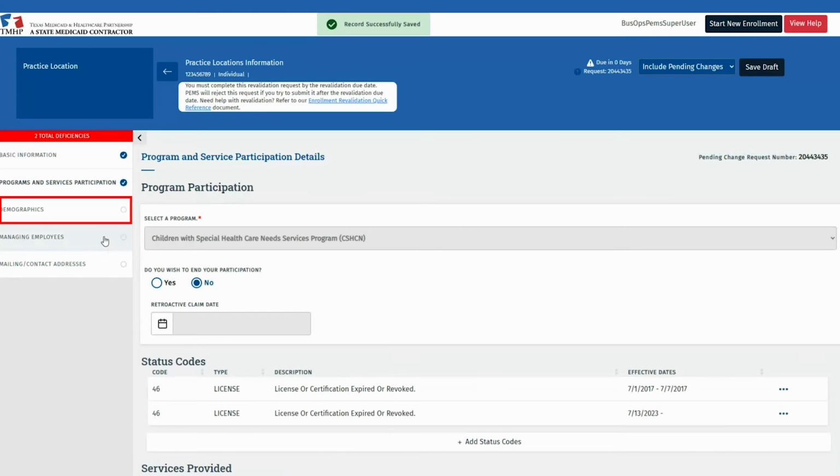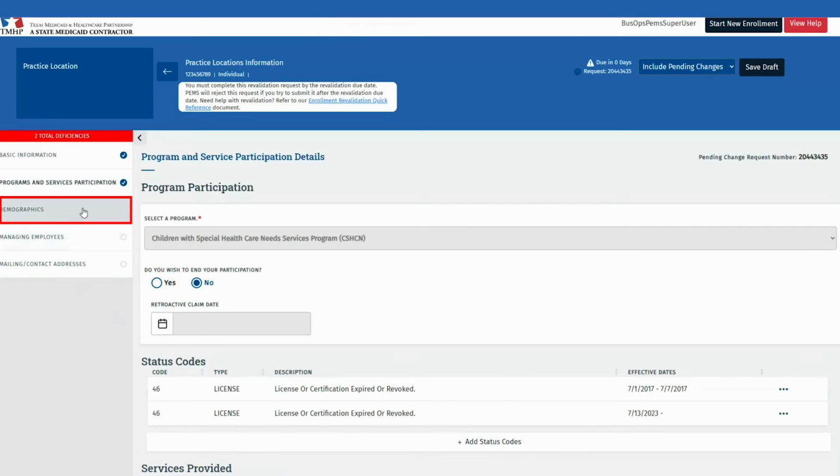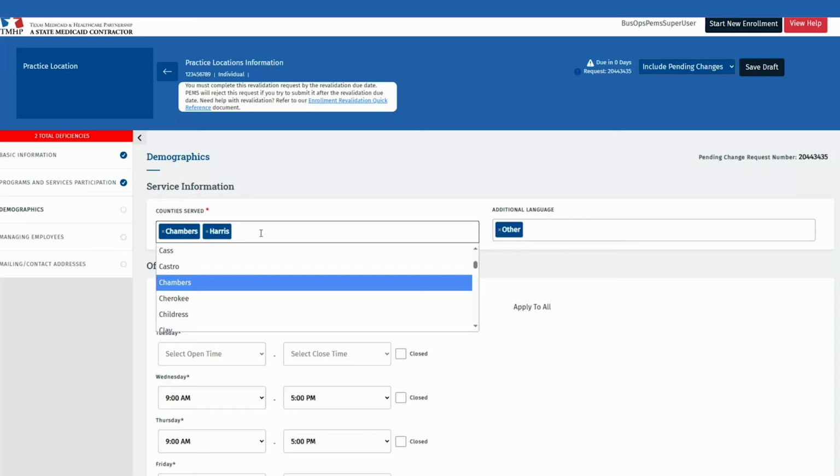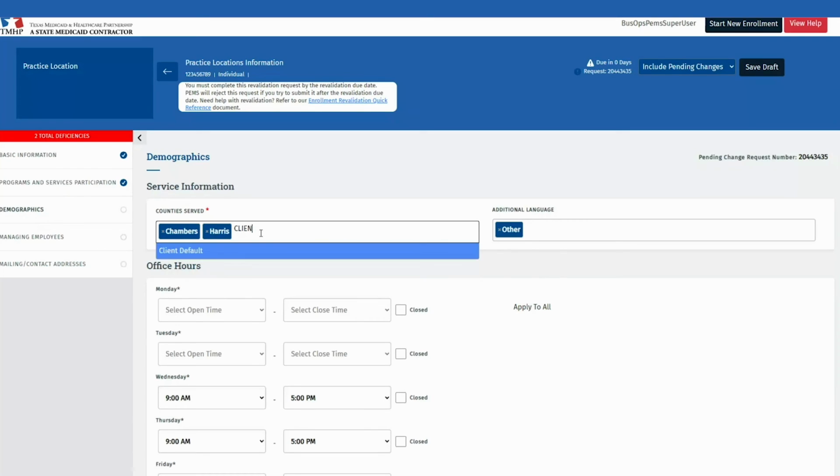The next tab we will complete within the practice location is the Demographics tab. This will be for the practice location you are revalidating. If information is already displayed, confirm that it is accurate. If any updates need to be made, for instance, adding a county or updating your office hours, make those changes